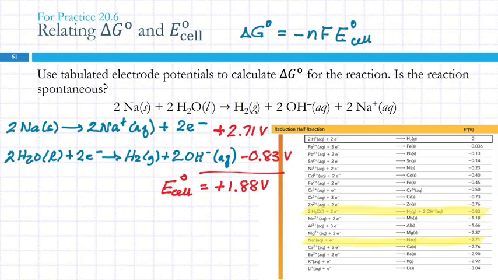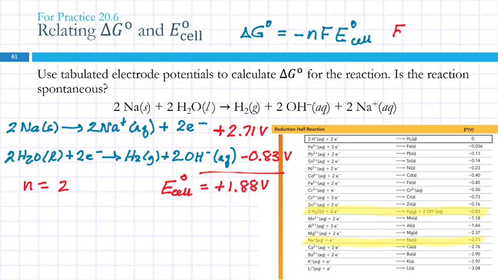So that's E-cell. And then when we look at the half reactions, we're looking at the number of moles of electrons in this one, not in here. So here, that one has 2, and this one only has 1. But what they did is you multiplied this by 2, right? And so now this also has 2 electrons. So the number of electrons here is going to be the same for the oxidation and the reduction. So N is 2,